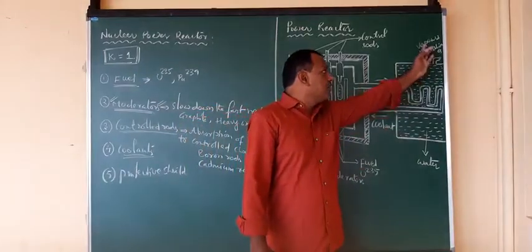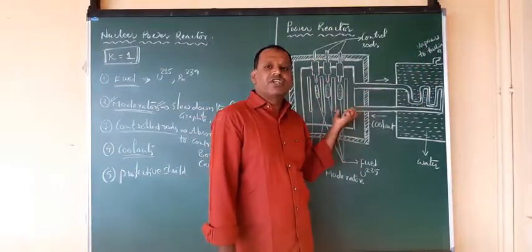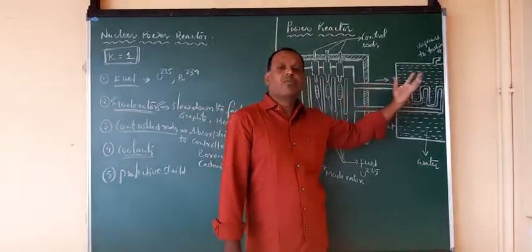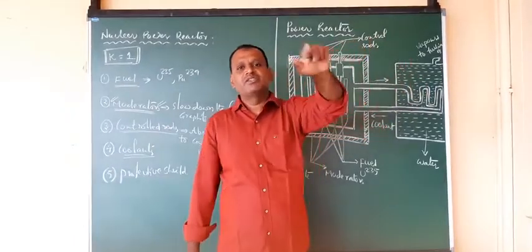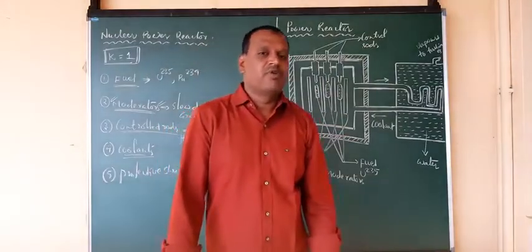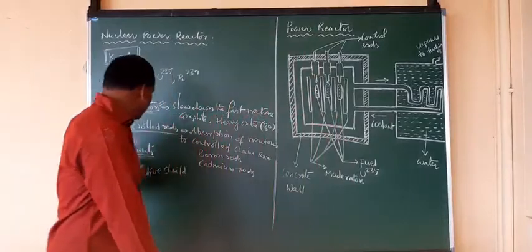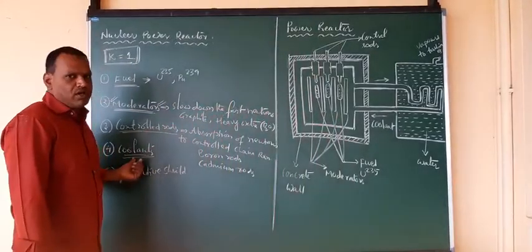So the vapors produced here depend upon the energy produced here. Depending on how much energy is generated, the water evaporates accordingly, and the vapors fall on the turbines, which rotate, and electricity is produced. The power can be generated. So in that way it is applicable. So the coolant used here is water, right?